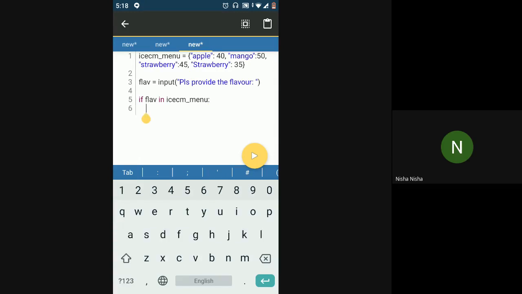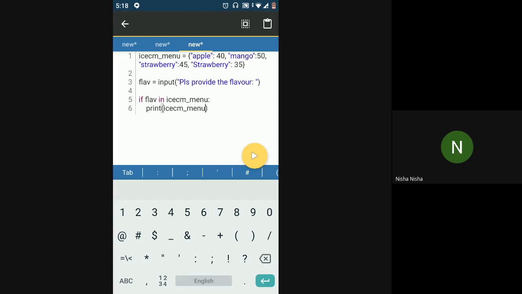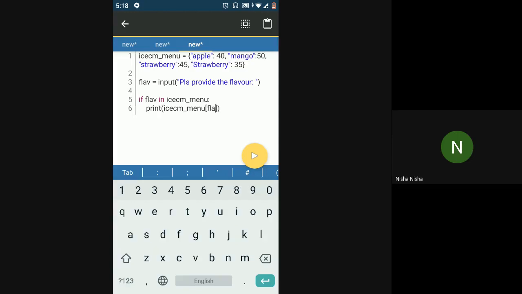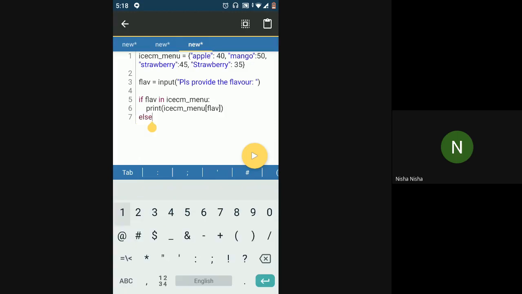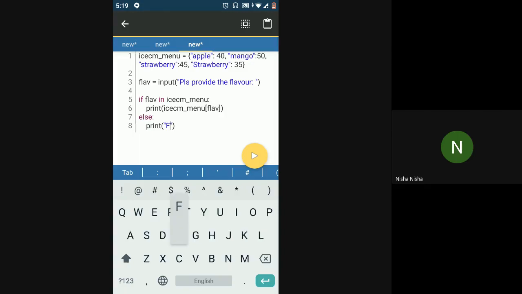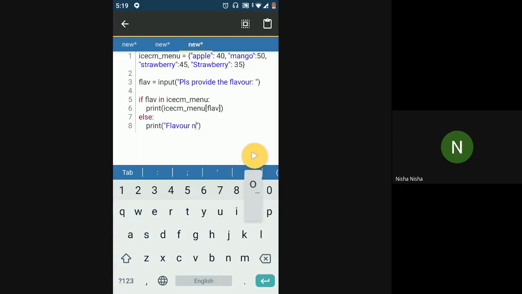If that is present, then I'm going to print whatever is the cost associated with it. Or else I'll just say it's not available on menu.